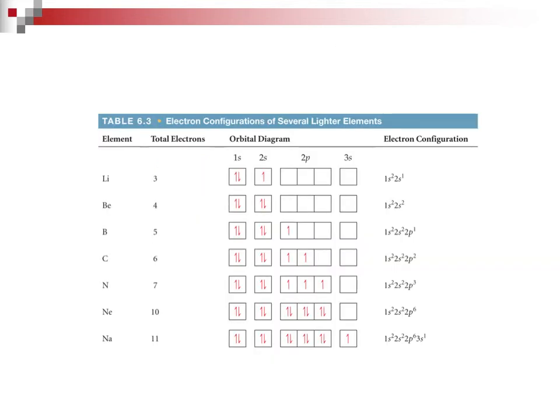What else is in this chapter? Well, I didn't know whether to put this or not. You can look at it yourself also, but it lists all the elements in n equals 2. I wish they had put the last one, well, they actually put in the next one. They actually put in sodium.